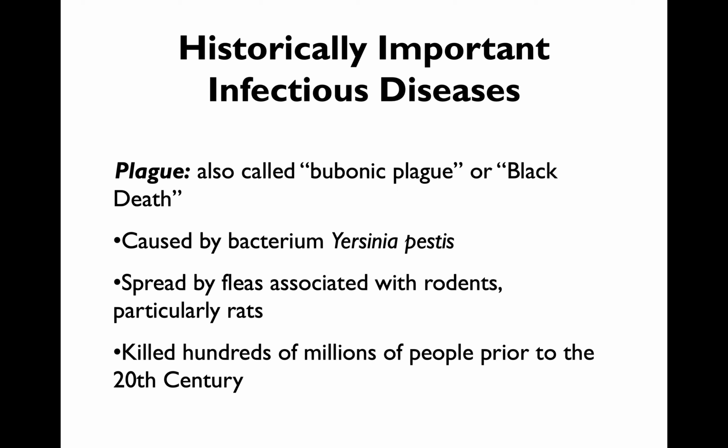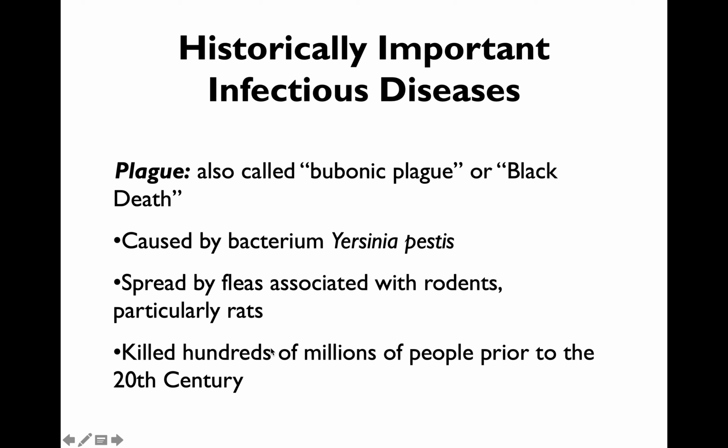So this can be spread. It looks like it originated in lice and fleas that are associated with rats. So the Black Death, you can think of back in the Middle Ages, and a lot of rats everywhere. People didn't understand how disease was spread. So these rodents would go onto a ship, travel across the country, travel here and there, and you would be exposed to the fleas from the rats, and then this bacterium would get into your system.